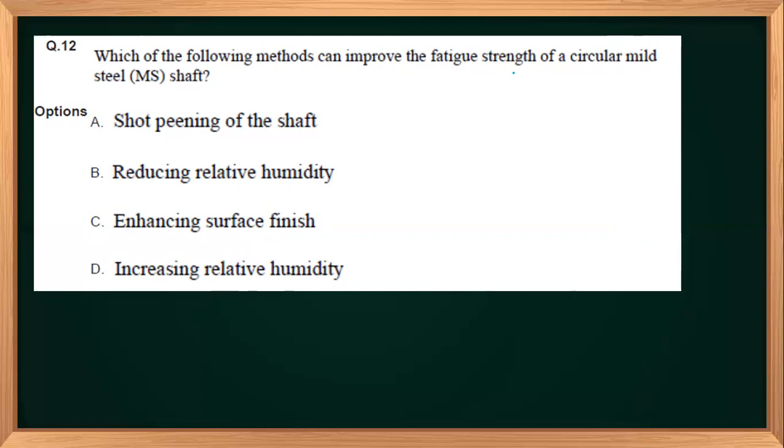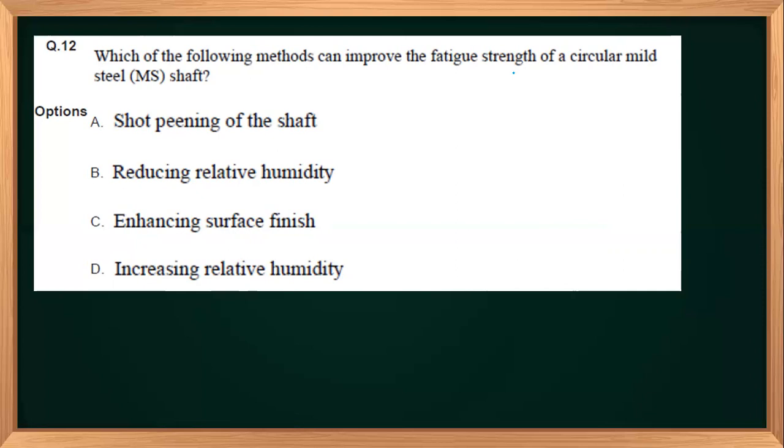Two shafts could be connected, or it can be a shaft to a power drive. There are multiple ways it can be connected to a power transmission system, right? So a cyclic load will be happening in the shaft, and there could be fatigue. To eliminate the fatigue, we can use many techniques. So it is asking which are the techniques which can